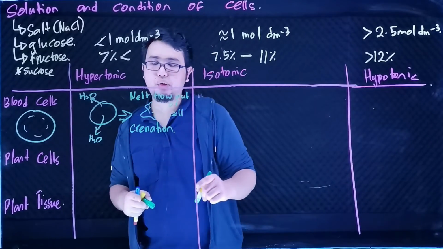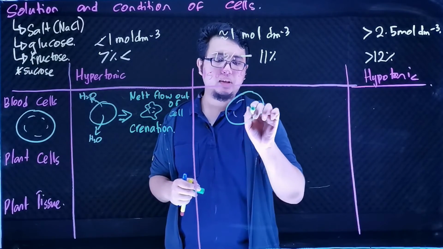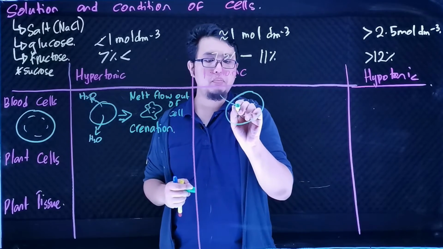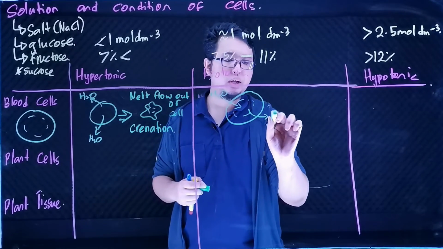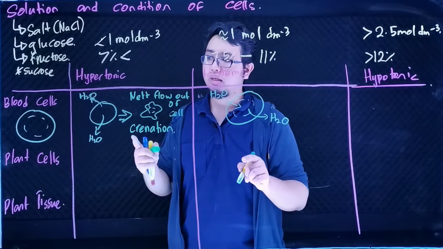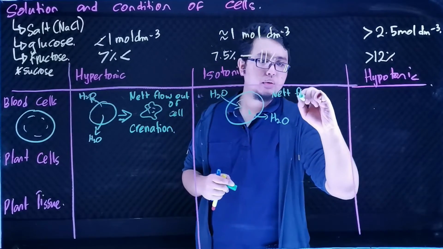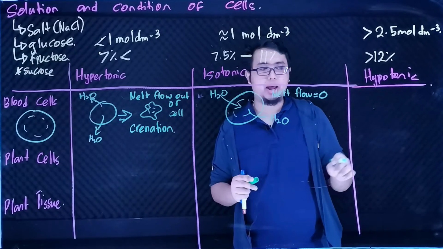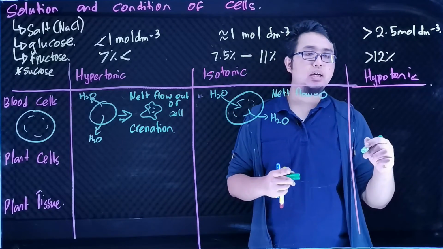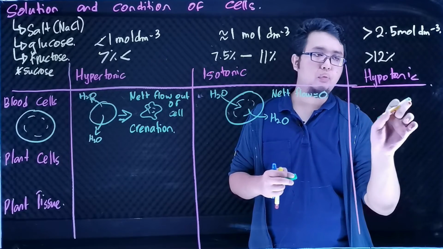And then we have the isotonic, where water movement inside and outside of the cells is the same. Here water moves in, here water moves out. What happens here? Here we have net flow 0. And then we go to the hypotonic, where we have a higher concentration of water